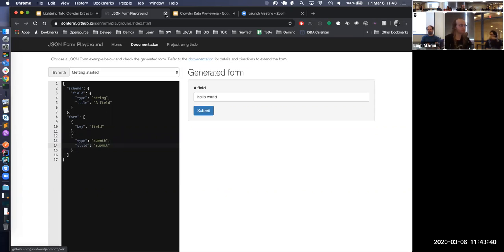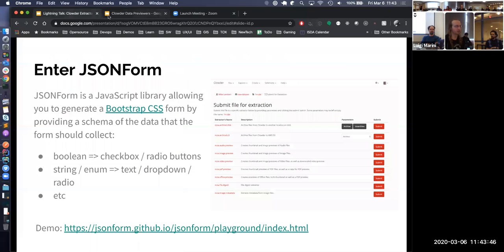I would add, basically, there is no JavaScript or code that you have to add to Clowder, right? Right, and that's something else that I kind of glossed over that I probably should have outlined a little bit more. This is pretty powerful because, as an extractor developer, you can now influence the UI that is used to submit to your extractor without knowing anything about JavaScript, aside from a little bit of JSON, which is fairly analogous to Python object notation. So it's